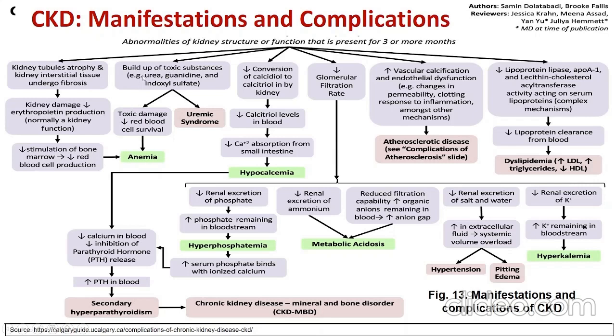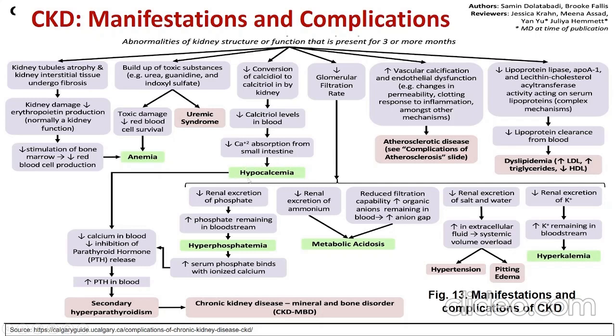Then toxic substances build up, they are present in the bloodstream and they make toxic damage with decreasing erythrocytes and again stimulating anemia, and they also make uremic syndrome. What has happened next? We have decreased conversion of calcidiol to calcitriol in the kidney. It's part of the turnover of calcium in the kidneys. It is damaged here, and what does it mean? It leads to decreased calcium absorption from the small intestine and